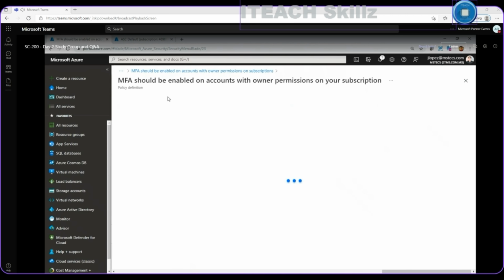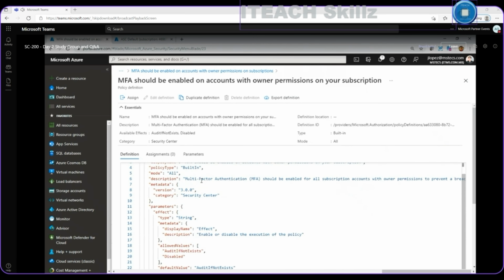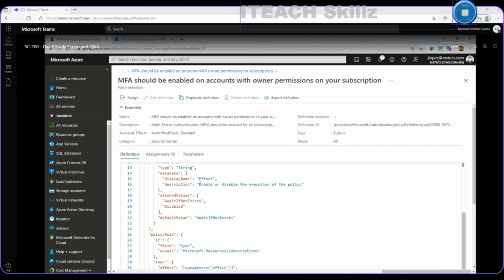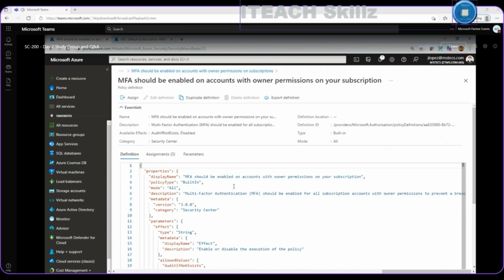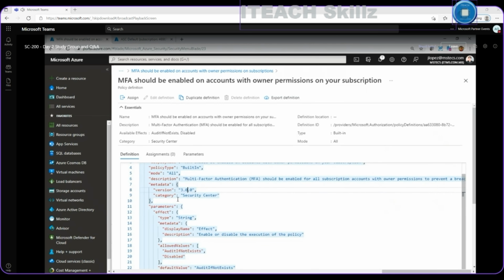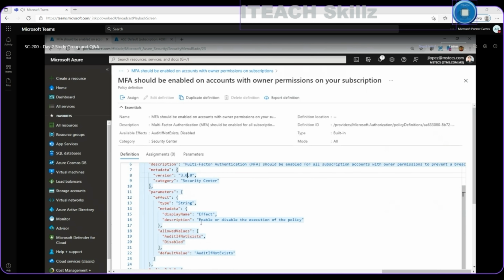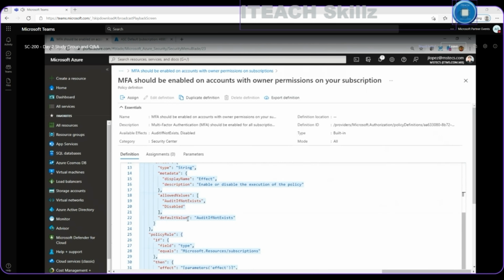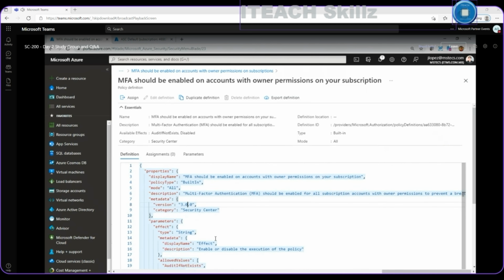I can click on view for the policy here, and this is the JSON format, the JavaScript Object Notation file that represents the configuration of the policy. The policy says that MFA should be enabled on accounts with owner permissions under a subscription. The built-in description is that MFA should be enabled for all subscription accounts with owner permissions to prevent a breach of accounts or resources. We can see here the category, Security Center, and the description, enable or disable the execution of the policy. The default value for the policy action is audit if none exists, so only reporting, and so on. We can see here the policy should be assigned. It's part of an initiative, for example, and then